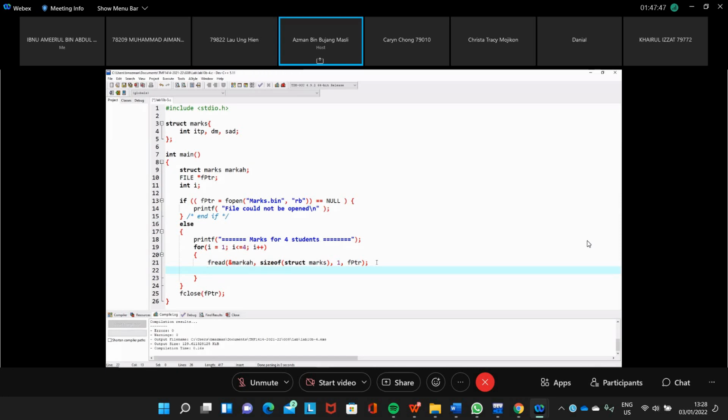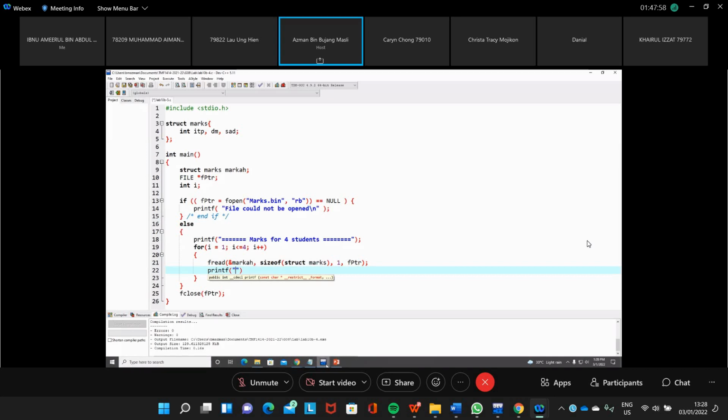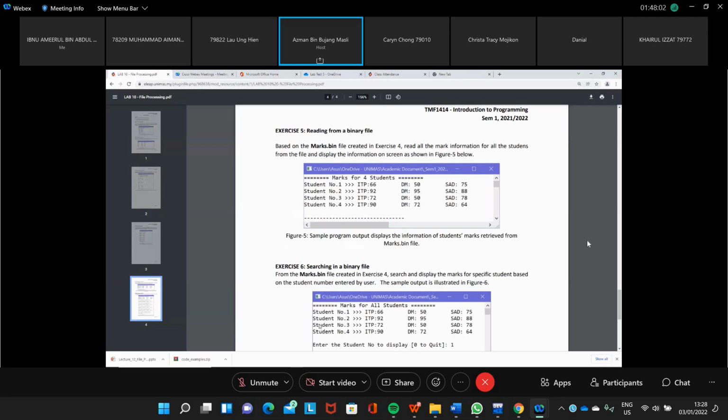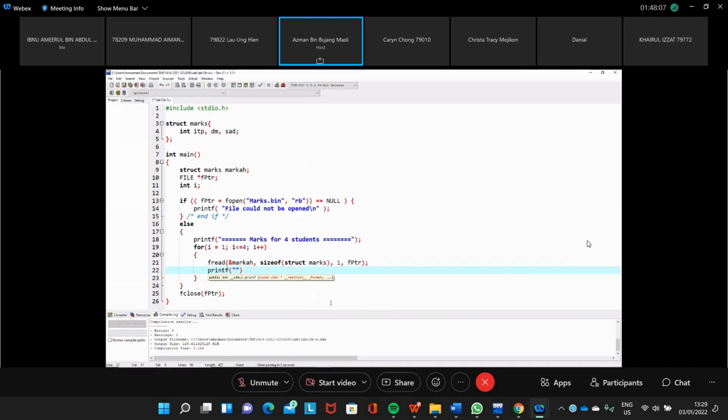Here after we read one record, we put it on the screen with printf. Here we can see the student number, and then 1, 2, 3 ITP.